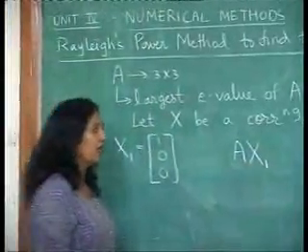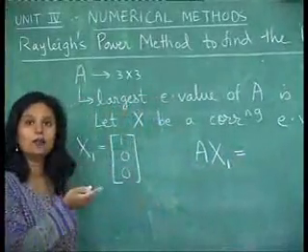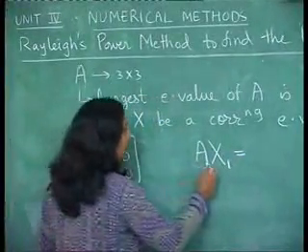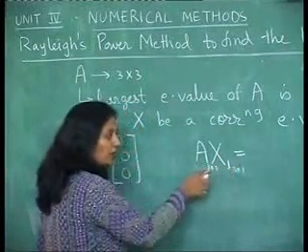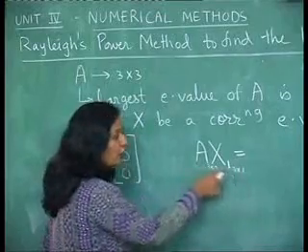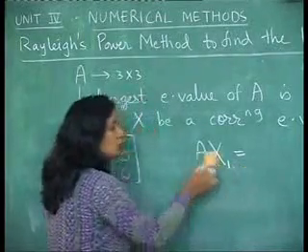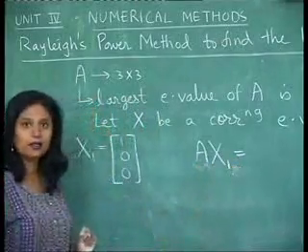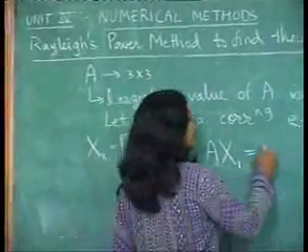Calculate the product AX1, and on the right hand side you will get a column vector, because A is 3 by 3, x1 is 3 by 1. So when I multiply them, I get a matrix of order 3 by 1, which is a column vector. So when I multiply these two, I get a column vector. I am going to normalize that column vector and write it as